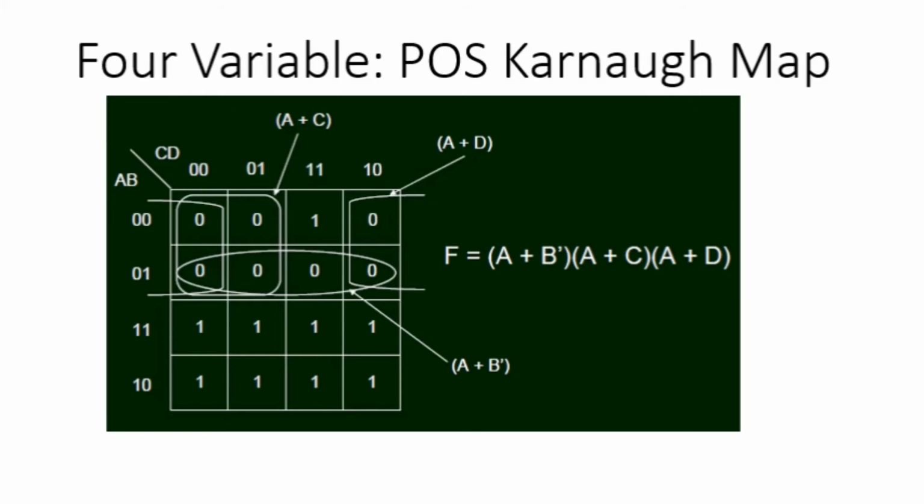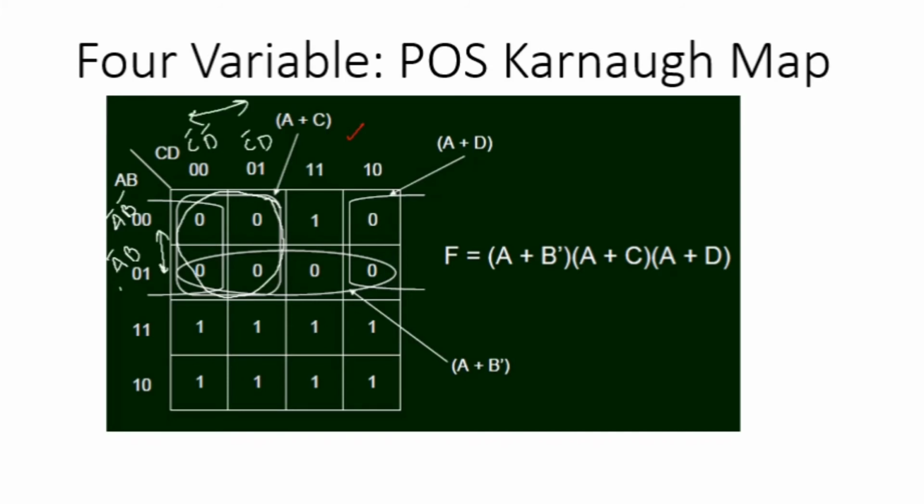So if you look at this square group mentioned here, let me change the color. This is equivalent to A bar B bar, this is A bar B, this is C bar D bar, and this is C bar D. So if I check for this square quad, two rows are involved from which A bar is common. From these two rows A bar is common, and from these two columns C bar is common.